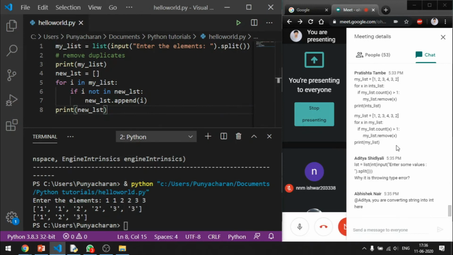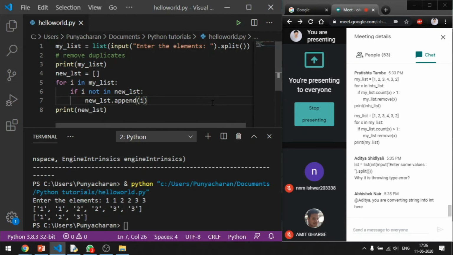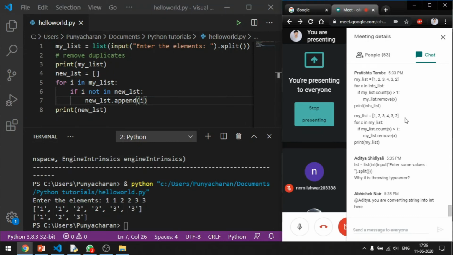Okay. Anybody? Yes, I also stumbled upon this quite a few times. So let's see who has come up with a solution. Pratishta, I doubt your solution is going to work. Are you using an interpreter? Did you try to execute it? Are you getting an optimum solution? Minus dot count of x.